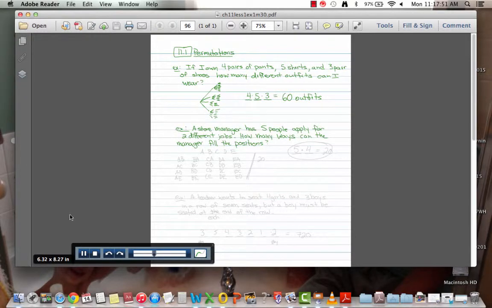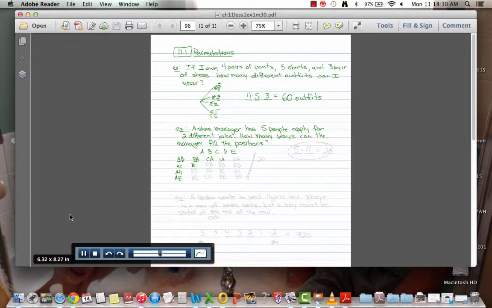The next example says a store manager has 5 people apply for 2 different jobs at the store. How many ways can the manager fill the positions? Again, we could name these people A, B, C, D, and E and say, okay, well, I could hire A, B for the 2 different jobs. I could have AC, AD, AE, or maybe I don't hire person A at all. I start with B and I say, we could have BA, because the jobs are different. So BA is different than AB, and the first job might be a